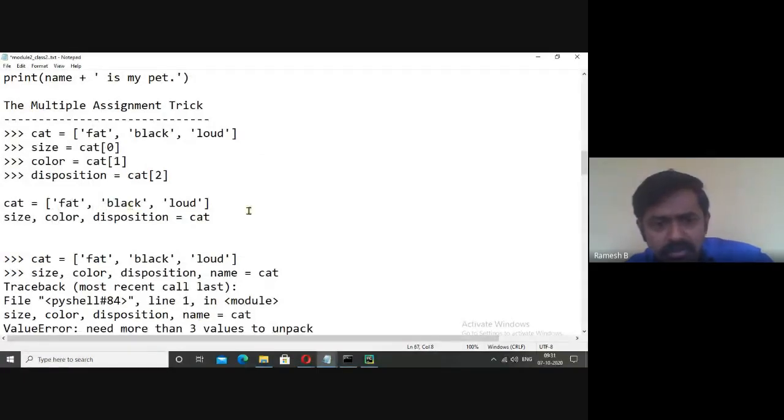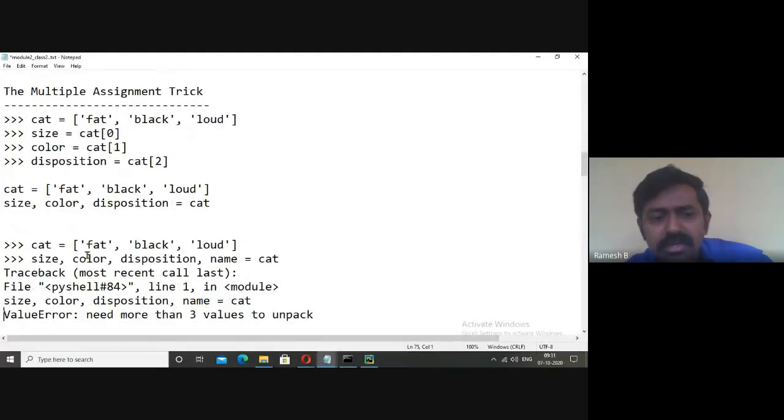The cat's attributes are placed in size, color and disposition, like that. We are breaking the list and we can place them in different items. Whenever we are specifying the number of items, they must be the same. Here the list has 3, but here we are giving 4.